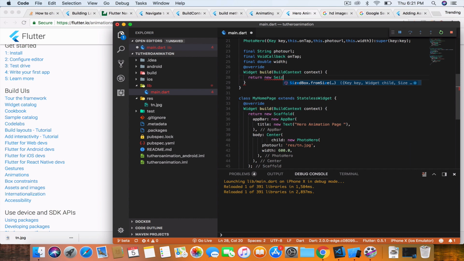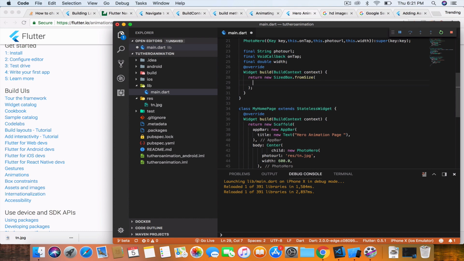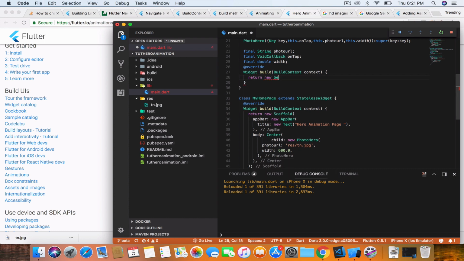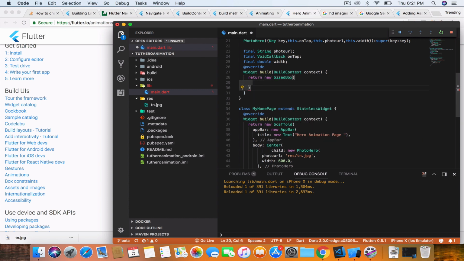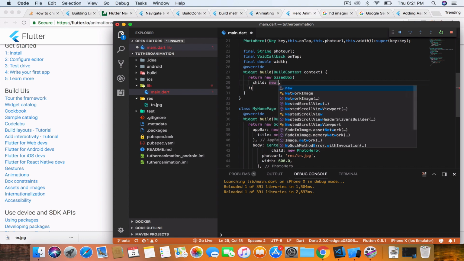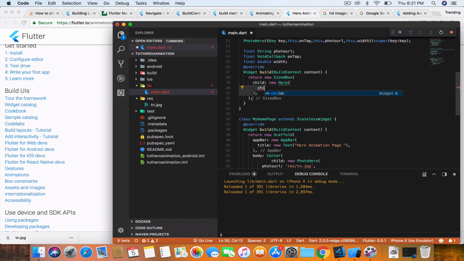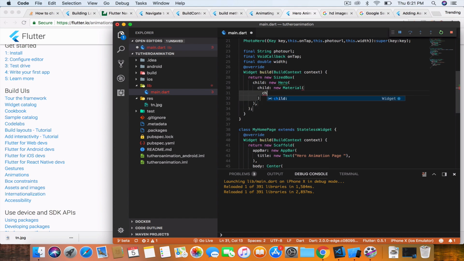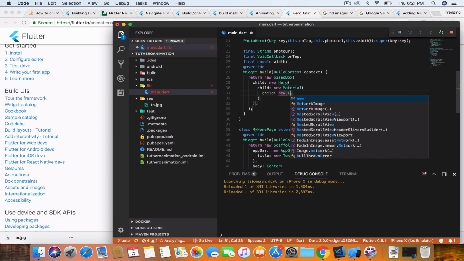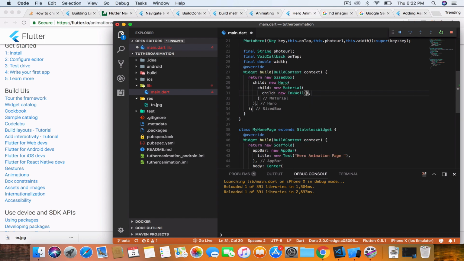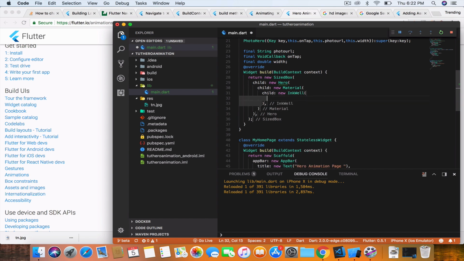Size box. Okay, and a size box is going to have a child. Okay, and that child is going to be our hero. So new hero, and hero is going to have a child as material, so new material. Okay, and material is going to have a child as a new inkwell. Okay, and this new inkwell is going to have